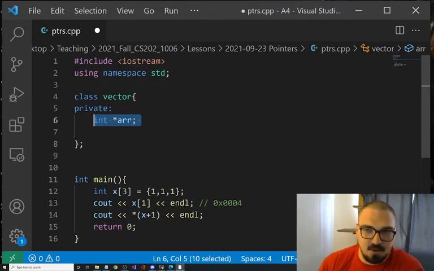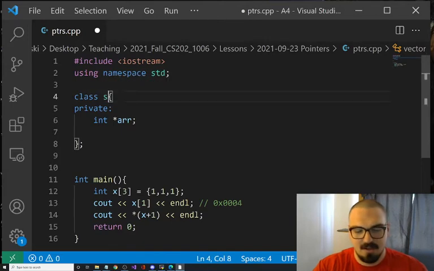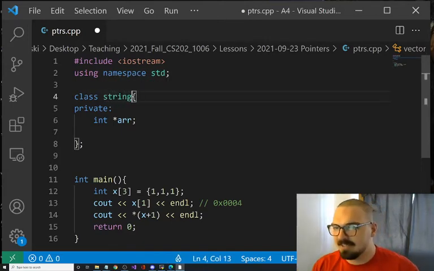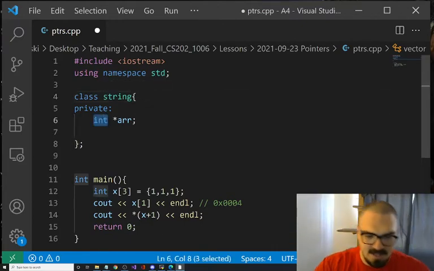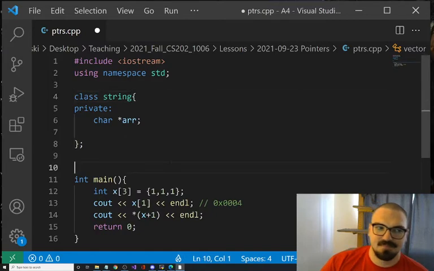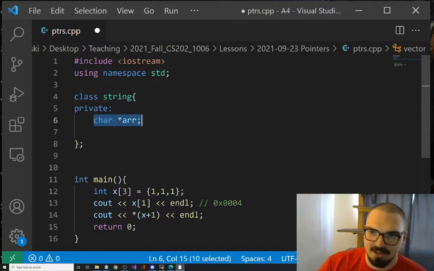All right? You know what a string is? You know how a string's size can just continuously change? You can add things onto it, you can take things out of it. A string is a character array. What's inside that class string? Well, it's a char pointer.